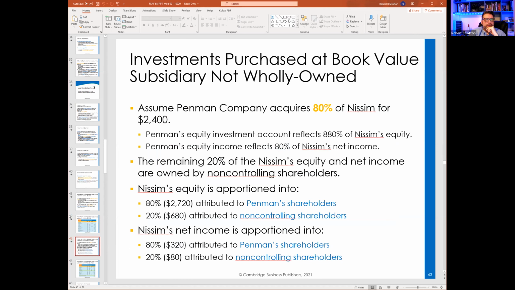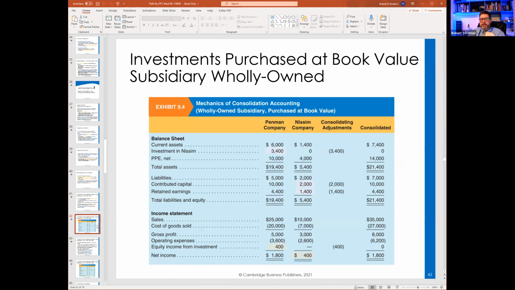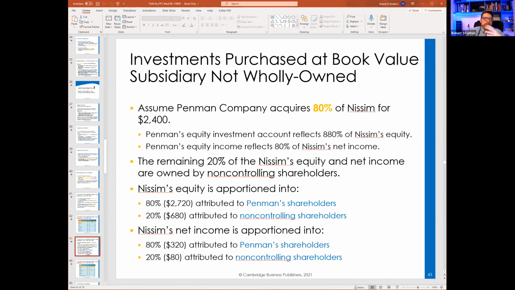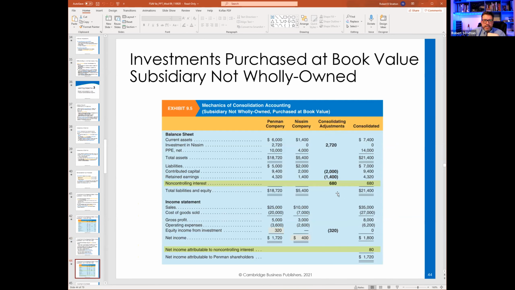Okay, so that's for a wholly owned subsidiary. But that's not always the case. So here's one where the example is 80%. Remember, 80% is a very common trigger because of these financial regulations that trigger things at 80%. So it's the same kind of thing. The difference being, though, that